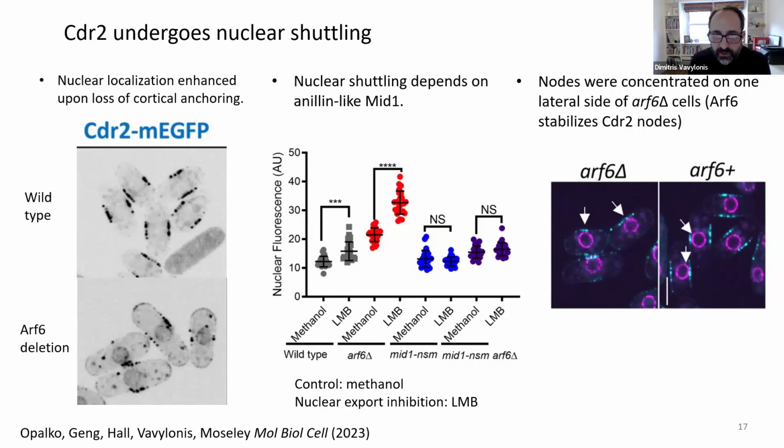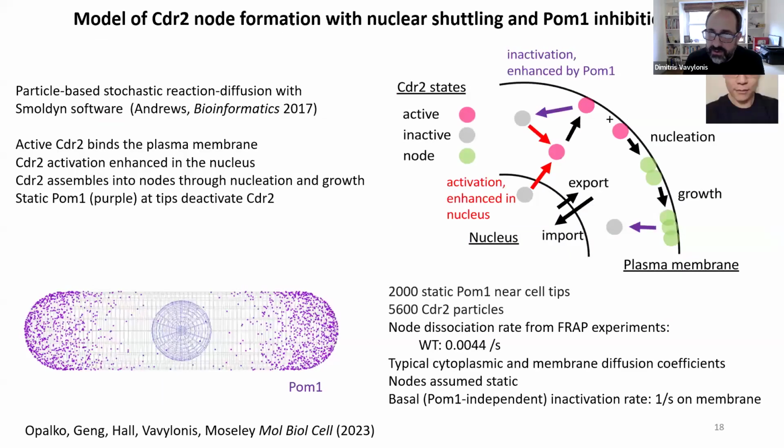Okay, so this gave us some clues about the possible mechanisms. So we tried to create maybe the simplest model I can think of to create this node pattern that involves inhibition by POM1 at the tips. And we use a particle-based simulation based on Smoldyn software to simulate the system,